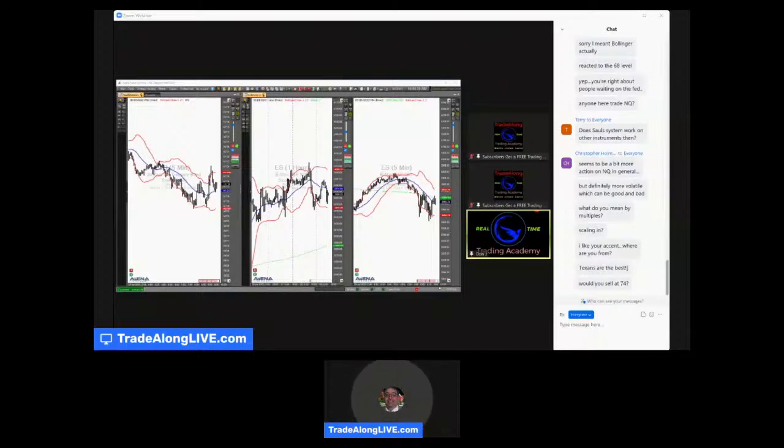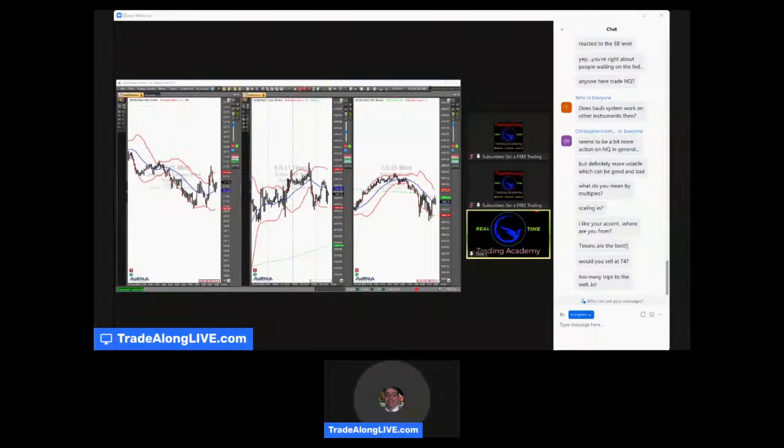Would I sell the 74? No, not this time. And there again, we've been there once. That doesn't mean that we won't go to 74 and turn down. We're starting to get on the other side of the blue band. If you look at where we were in that blue band the first round, we were below that blue band. That would have been a good place to sell. But if we're above that blue band and we're going into that 74, then no, I'd start having to look for